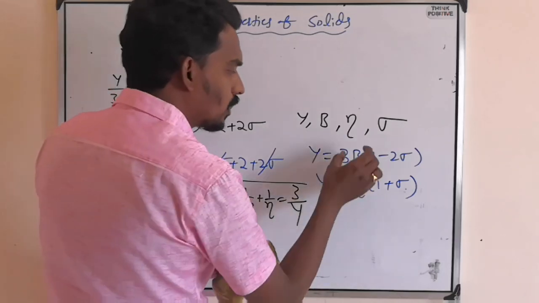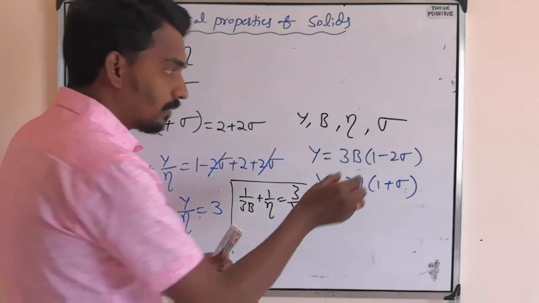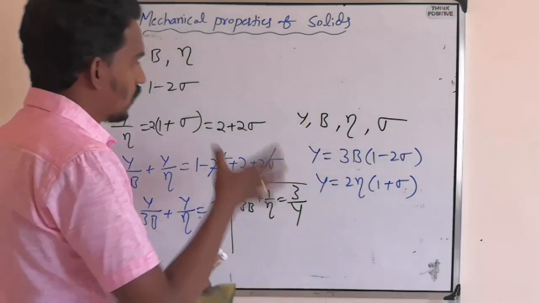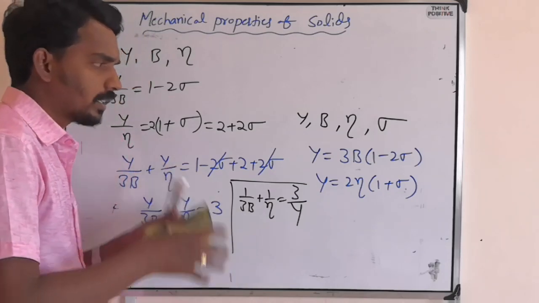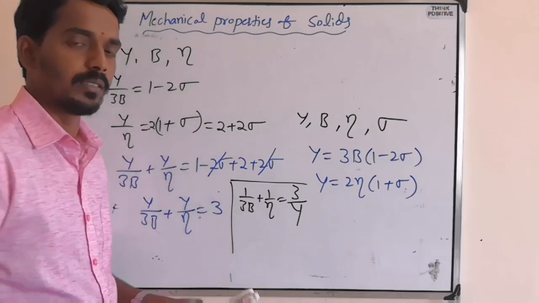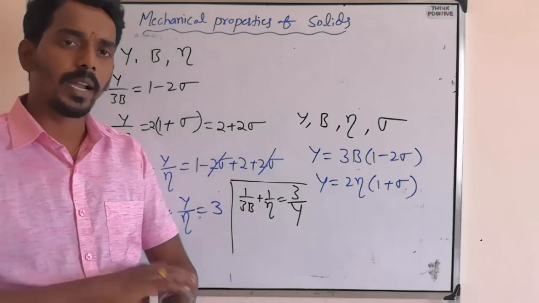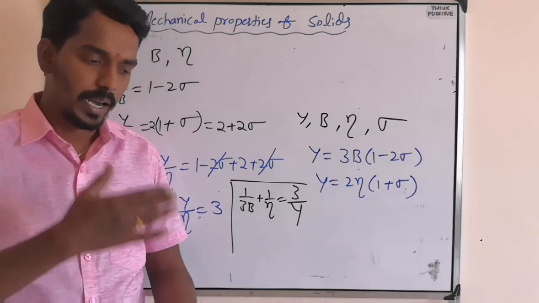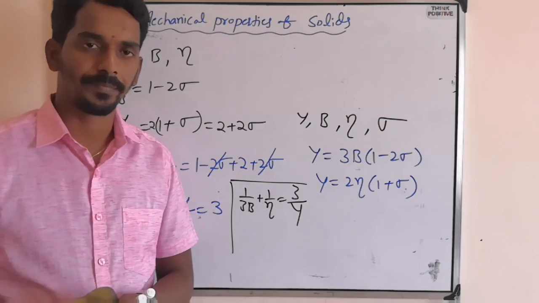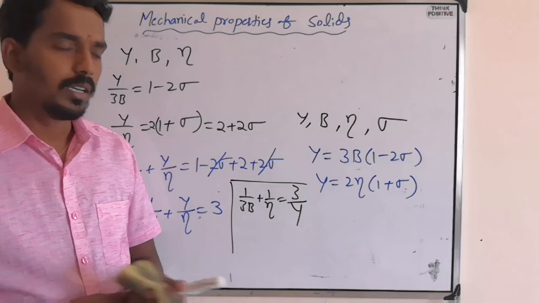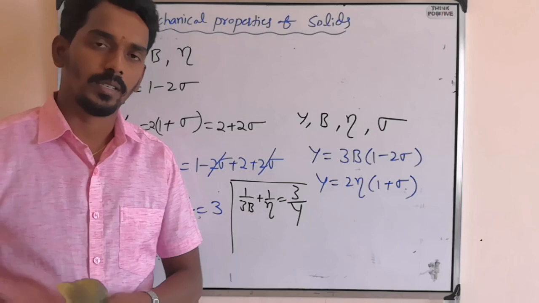You don't need to bother about how these relations came because that is not a part of our syllabus. But if these two relations exist, what we can do with them is important for our syllabus. So here also, what I have done is manipulation. So remember each and every formula, then try to understand the importance of manipulation and practice in that manner. Then you can solve physics easily. So this is all about Poisson's ratio, the relation between the constants, and how to solve questions.